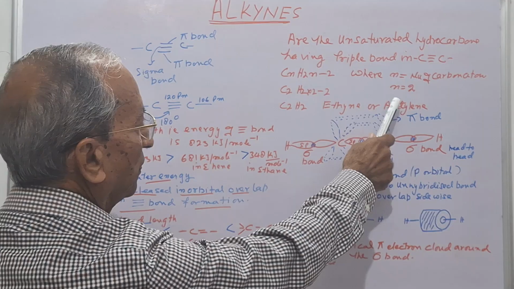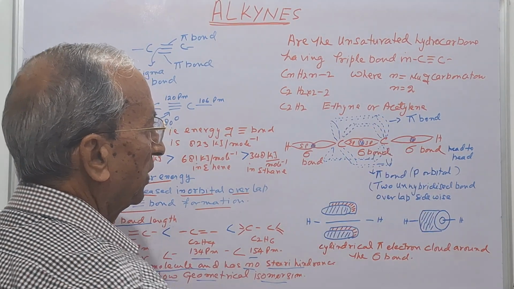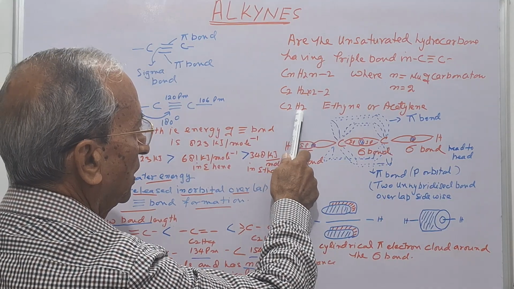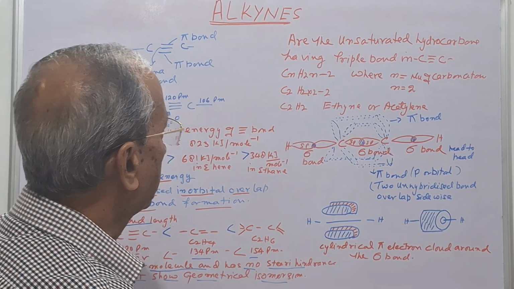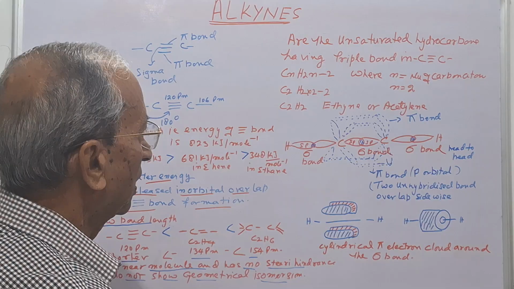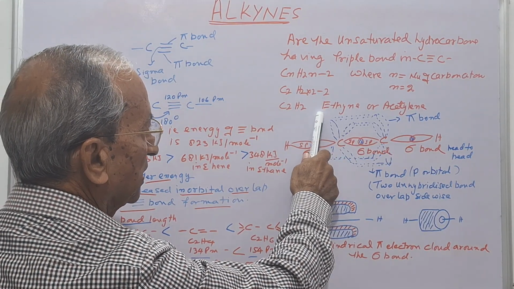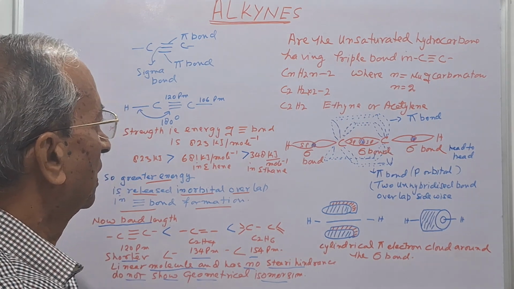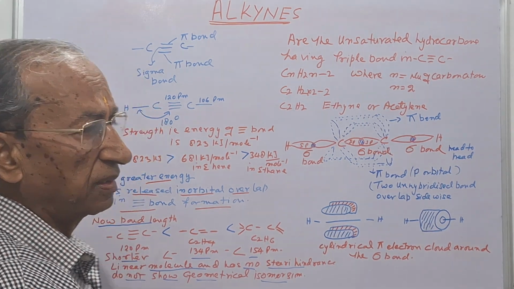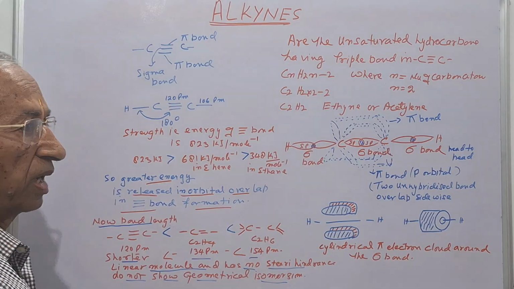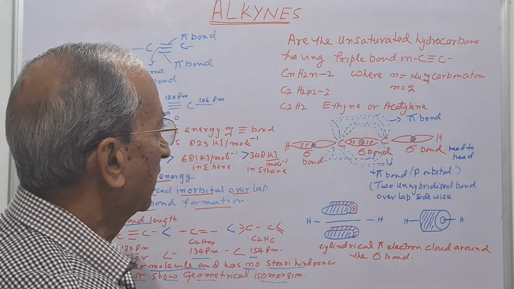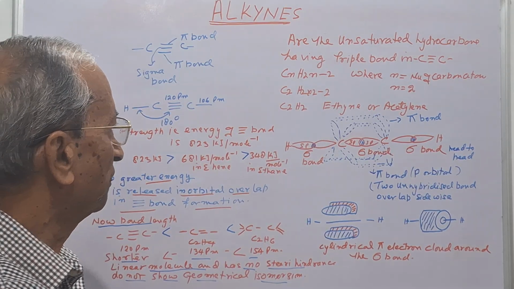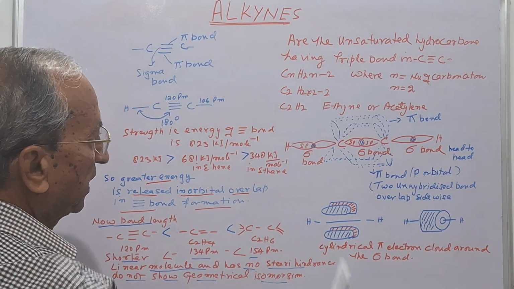If we take n equals 2, that is carbon atom 2, then we get a formula C2H2. This is the simplest alkyne in hydrocarbons, which is known as ethyne or acetylene. In my last videos, where I discussed hybridization, I explained the structure of ethyne. Now, in the case of ethyne,